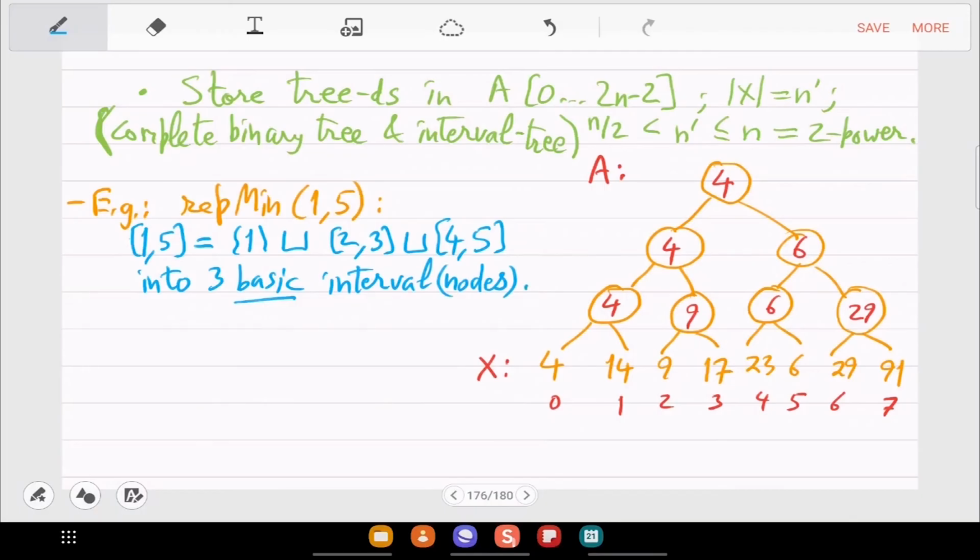So where do they live? Where is 1? 1 is here. Where is 2, 3? That's the red 9 one. And 4, 5 is the red 6 one. So these are important nodes for our business. For reporting the minimum from 1 to 5 entries, these are the 3 key nodes. What next?